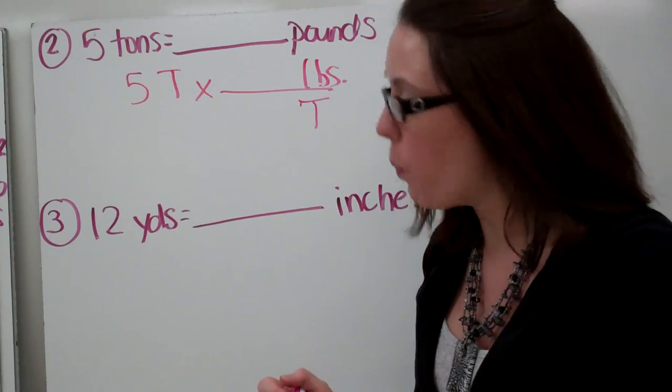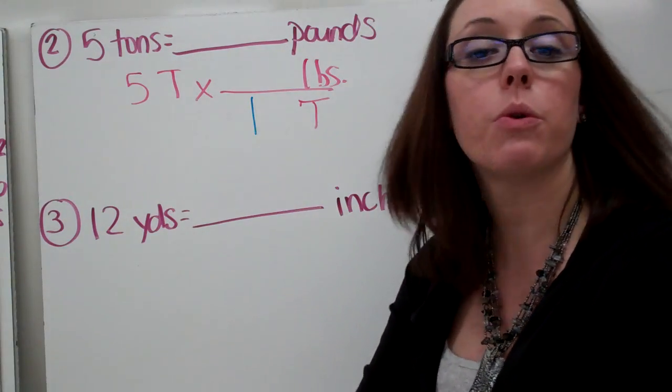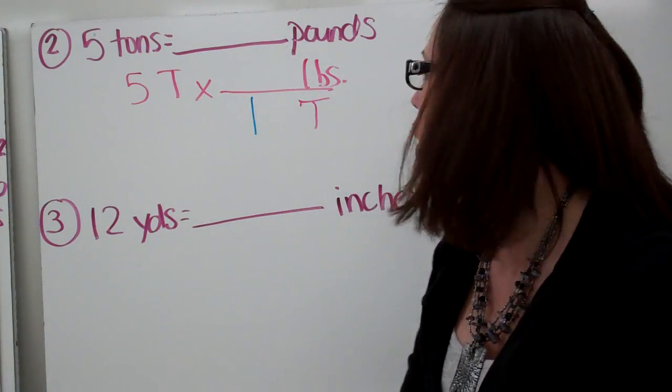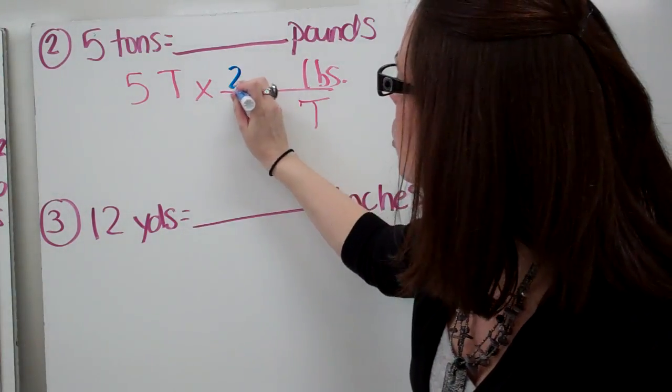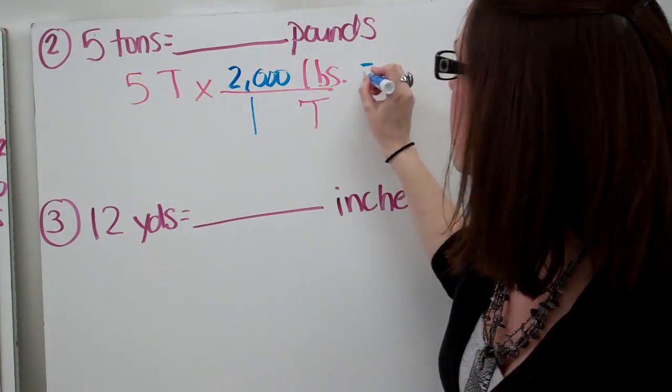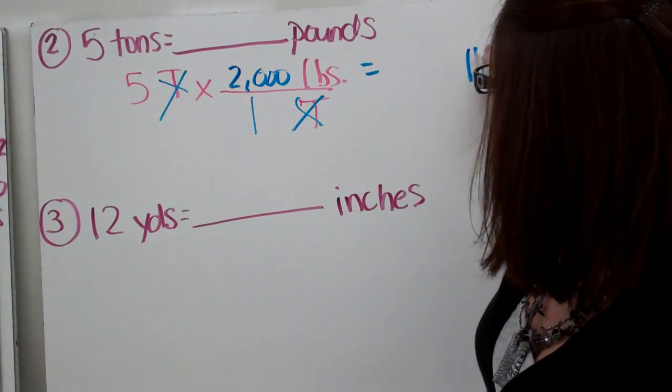In our ratio, what is bigger, pounds or tons? We know a ton is bigger, so a 1 goes with tons. Well, how many pounds are in 1 ton? You know that there are 2,000 pounds in 1 ton. When we multiply, we know our tons are going to cancel and we're left with